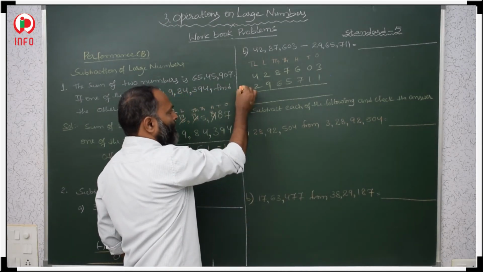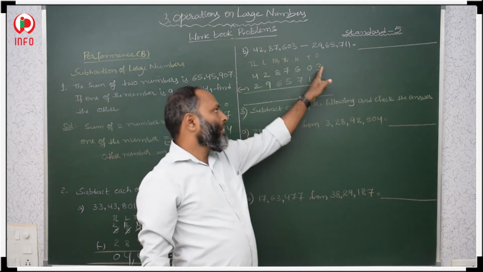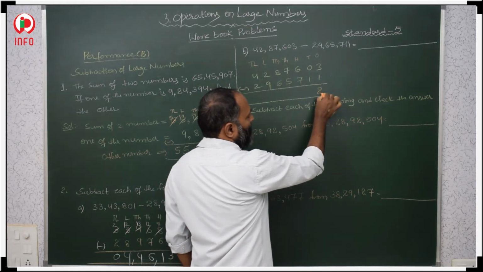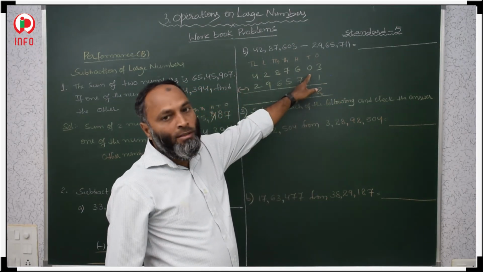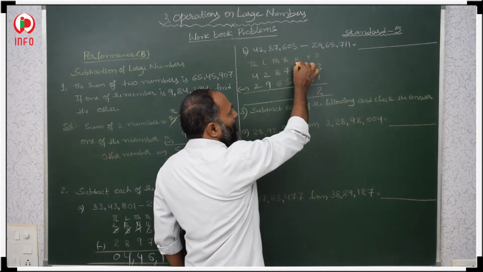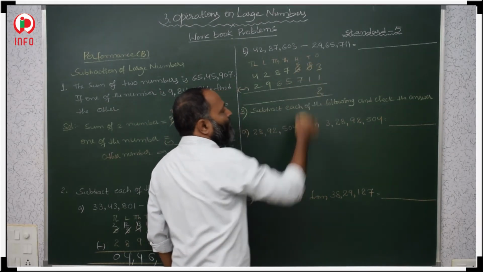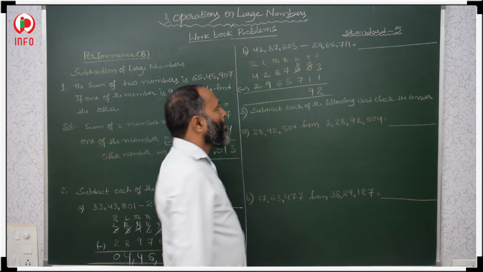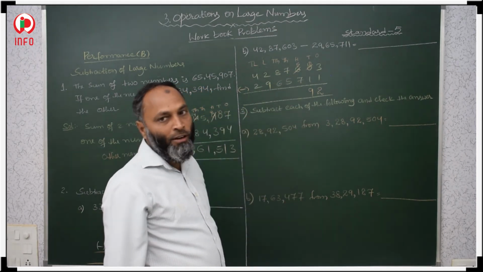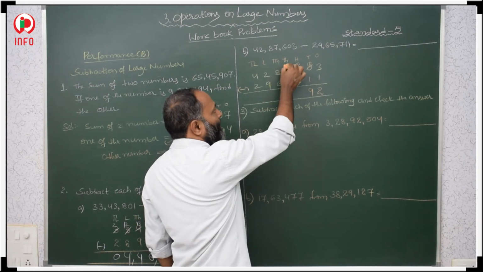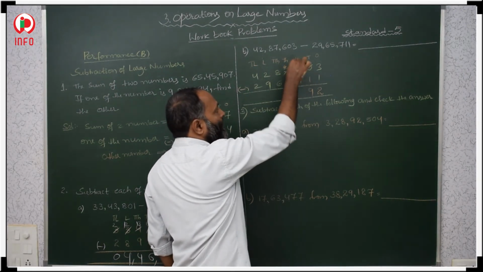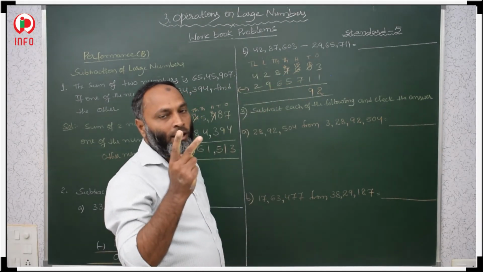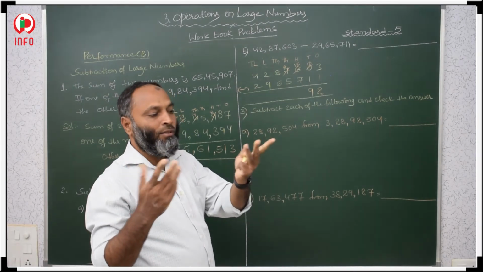Minus. 3 minus 1. My number is bigger, no need to take borrow. 3 minus 1 is 2. Here my number is 0, so you take borrow from the next. Here it will decrease by 1. It will increase by 10. 10 minus 1 is 9. Here 5 minus 7. 5 is smaller. It is less. So take borrow from here. It will decrease by 1. It will increase by 10. Then 15 minus 7. From 8 to 15 you have to count: 8, 9, 10, 11, 12, 13, 14, 15. That is 8.